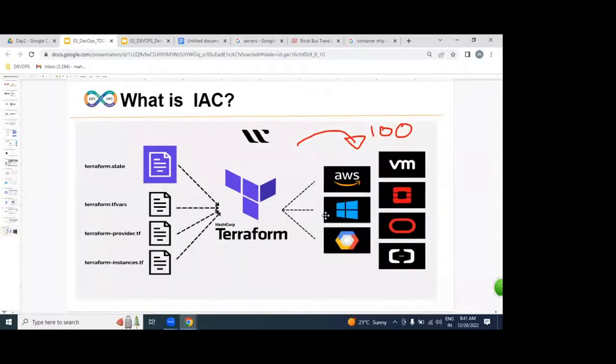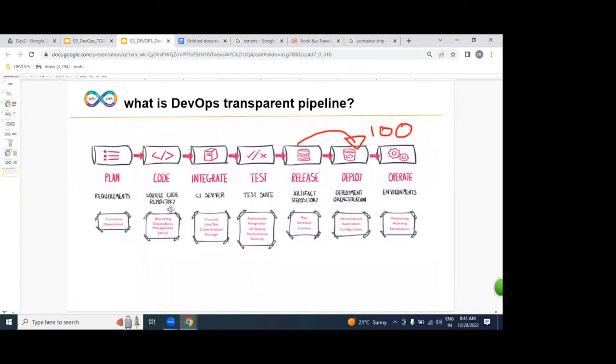And we're going to be learning Terraform. Terraform is a cross-cloud platform. By using Terraform, we can create a service on any cloud, either Azure, Google, or AWS. So these are all the tools we are going to be implementing, and by using these tools, we are going to implement this DevOps process.